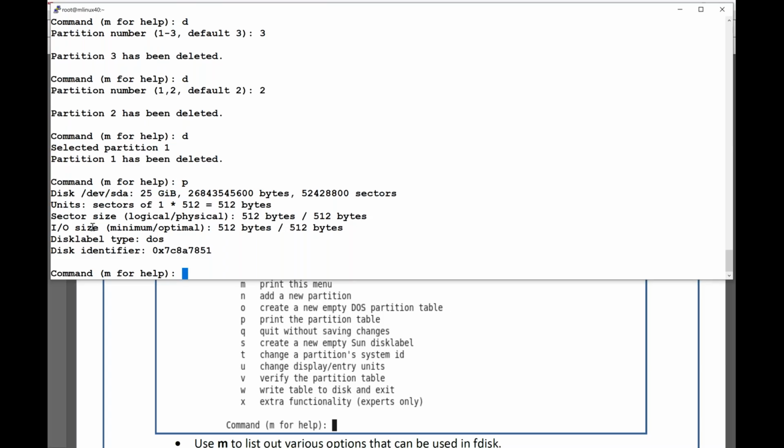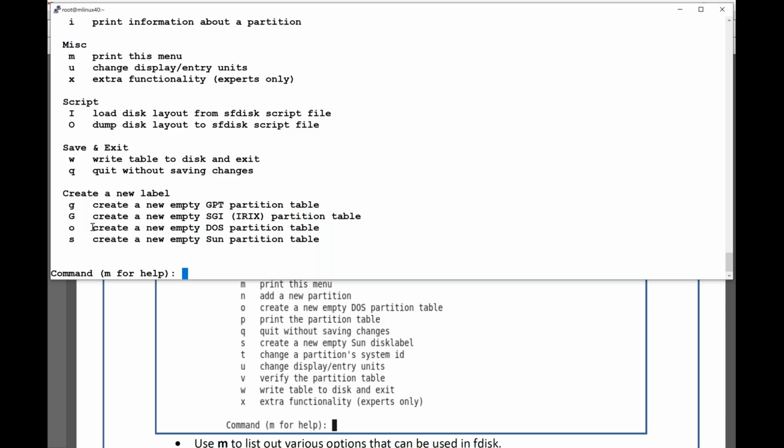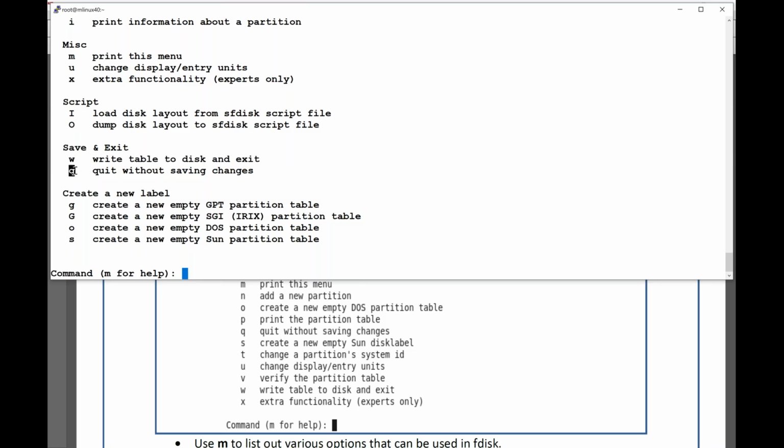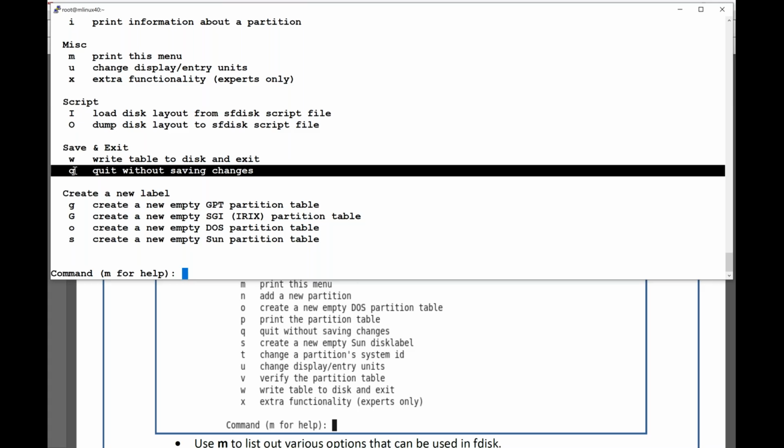See guys, when you type M for menu, you'll find there are 2 options here. W, write table to disk and exit. That means apply the changes. Suppose you are working with a VI editor or MS Word. Whatever work you have done, until you save it, it is not going to take effect. So it says you have to write the changes to the disk and then exit. Or there is one more option, Q, quit